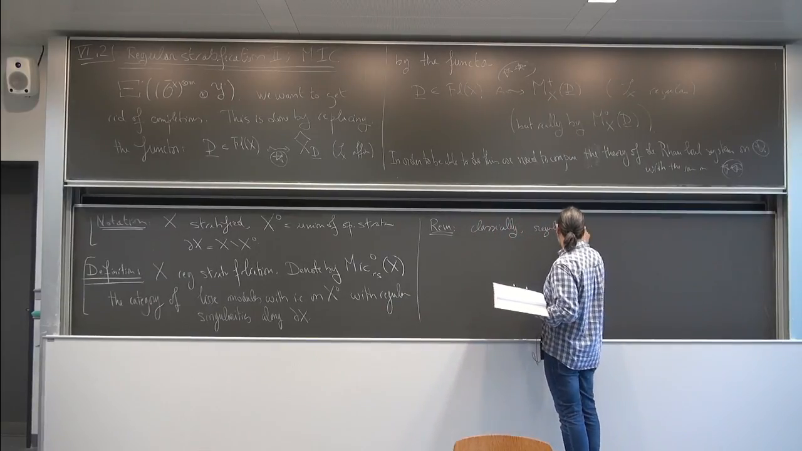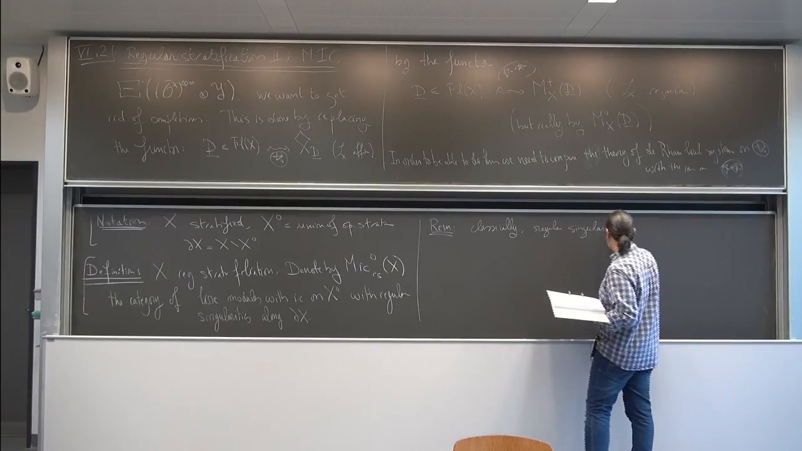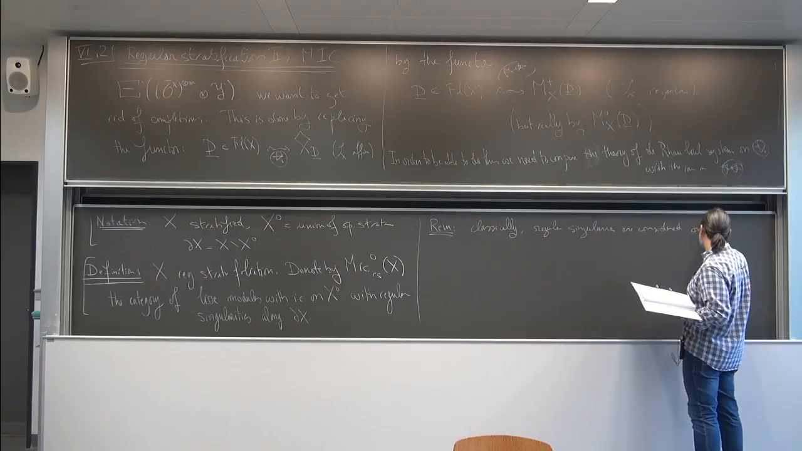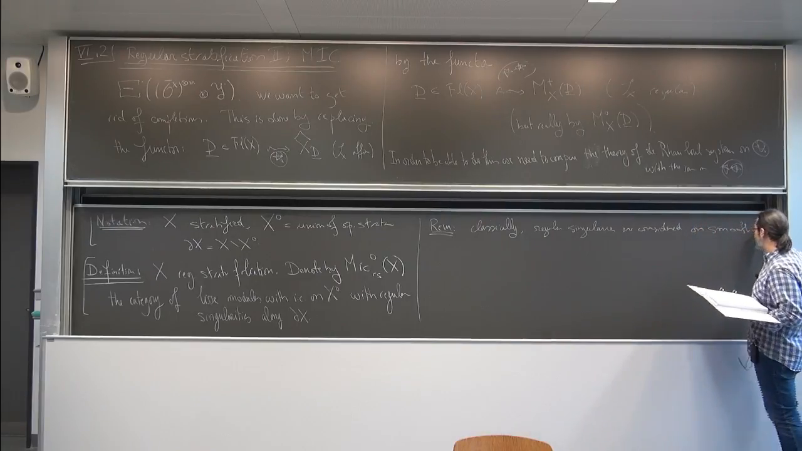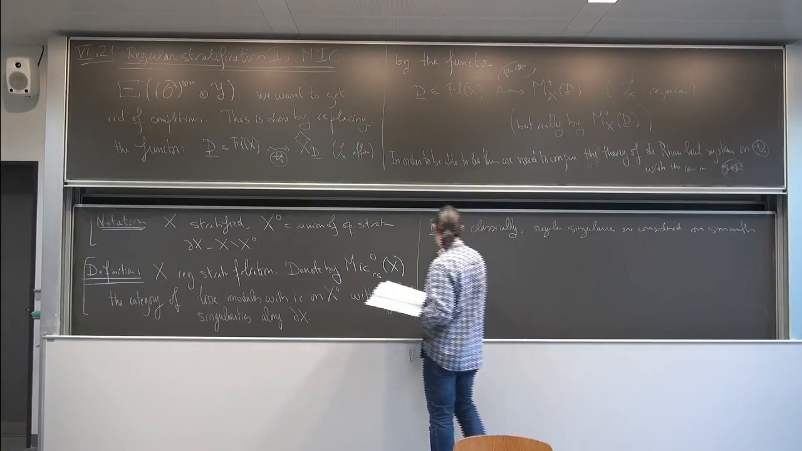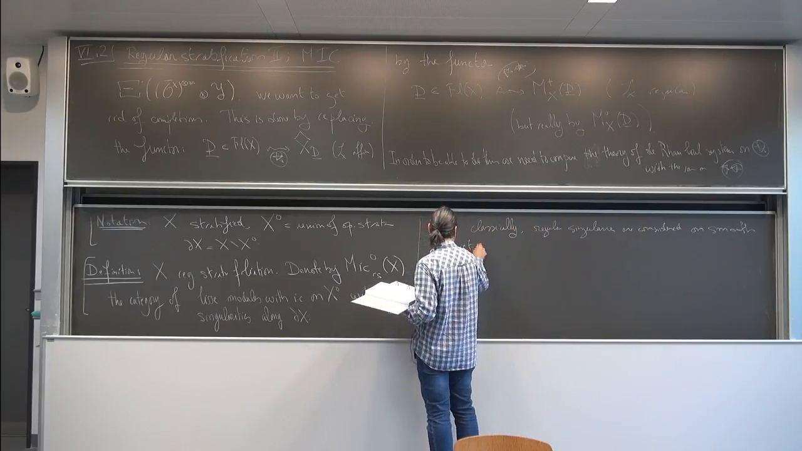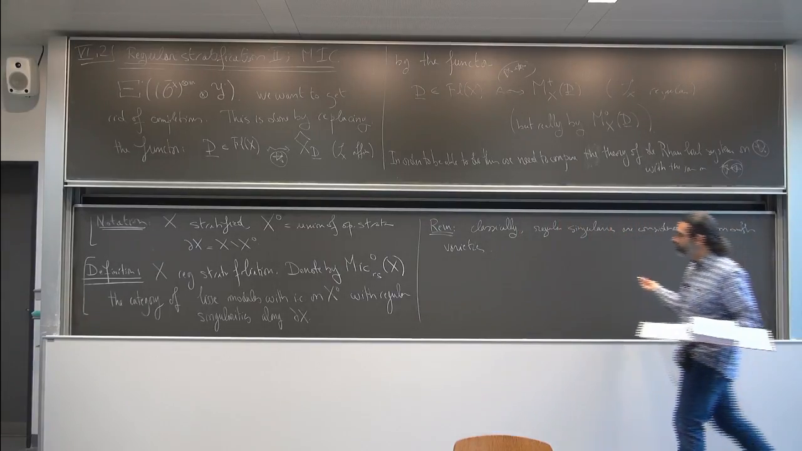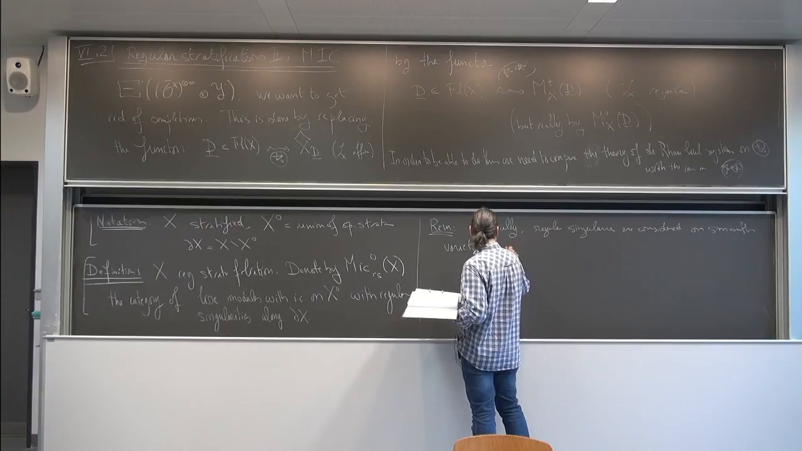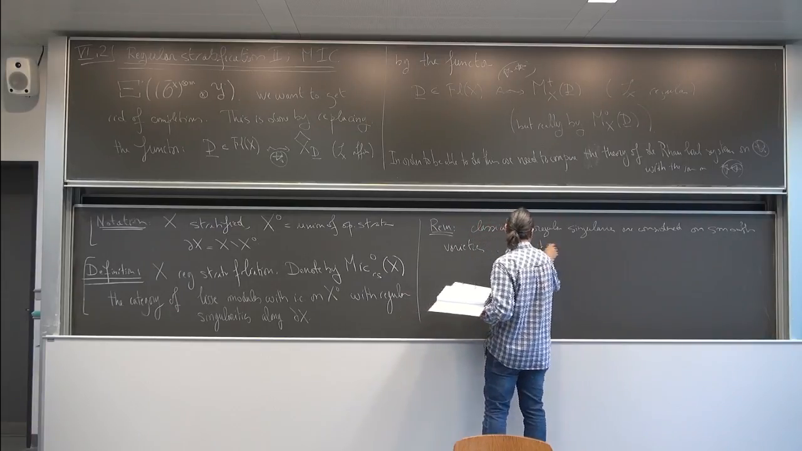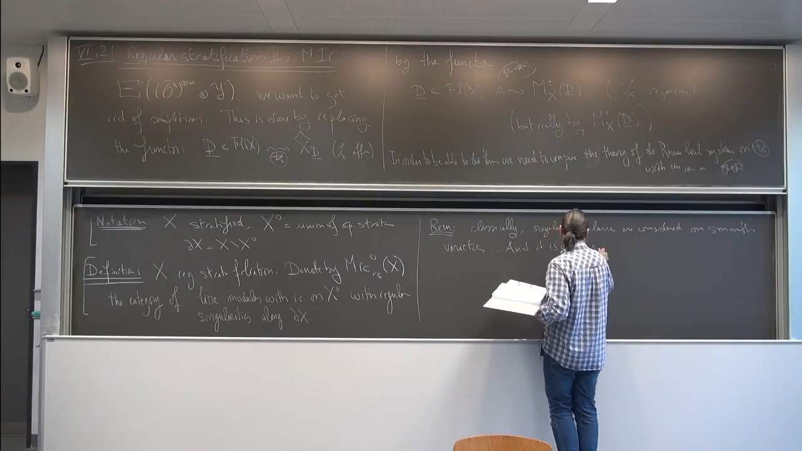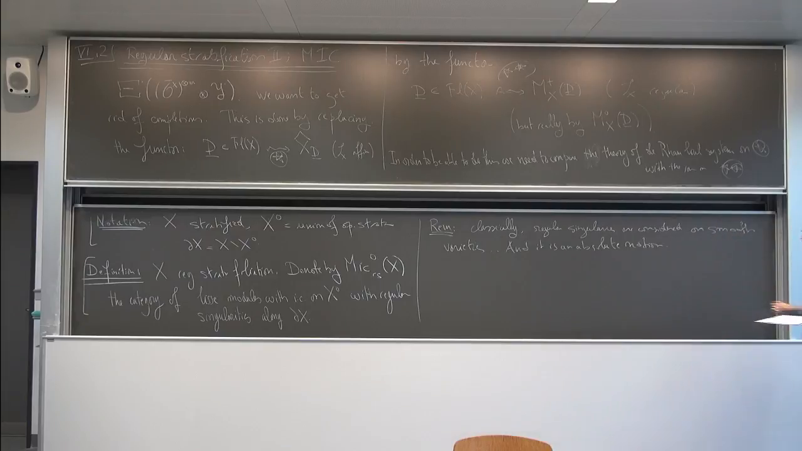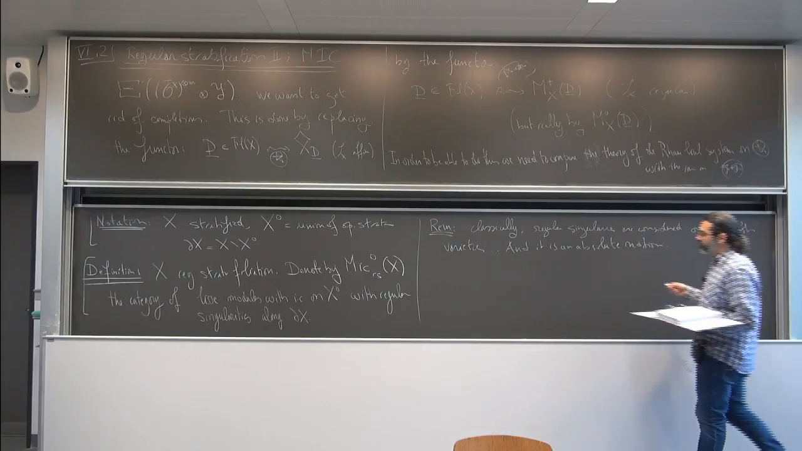regular singularities are considered on, let's say, smooth varieties, smooth schemes of finite type over a field, and it's an absolute notion. I mean, at least in the book of Deligne, I think it's an absolute notion in the sense that what